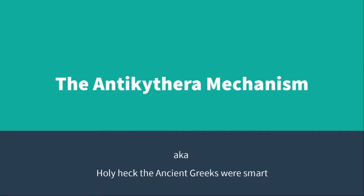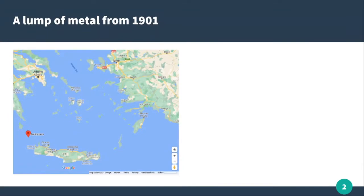Alright everyone, so for my presentation in Rant, I'm going to present to you the Antikythera Mechanism, also known as: oh, holy heck, the ancient Greeks were smart! So for this story, we are going to a tiny island in the Aegean Sea between Crete and Athens,